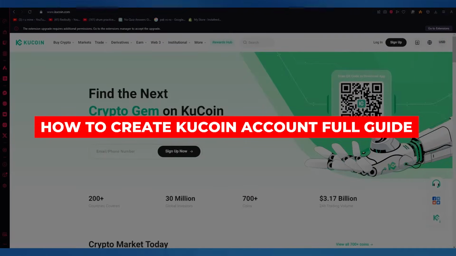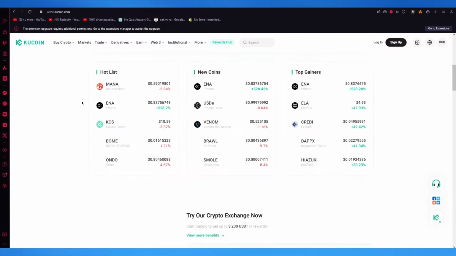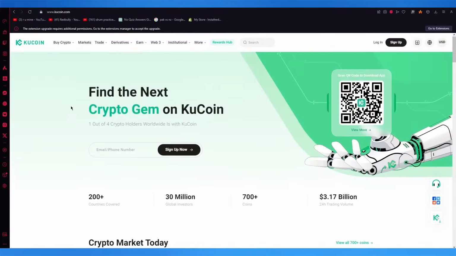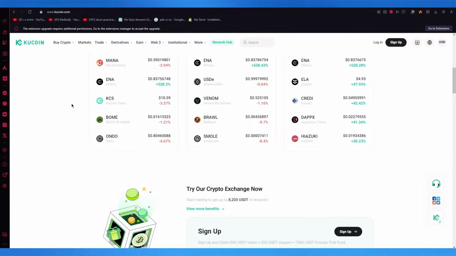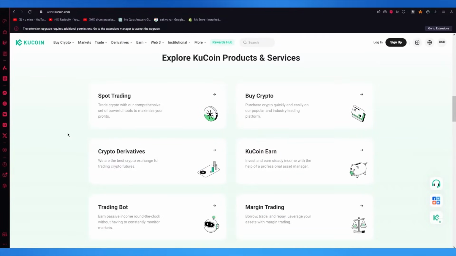How to create KuCoin account. In this video, we're going to be talking about how you're going to be able to create a KuCoin account for yourself so you can easily go ahead and see all the crypto market that there is today on the blockchain. Okay, and we're going to be talking about it in great detail because KuCoin brings you the greatest features